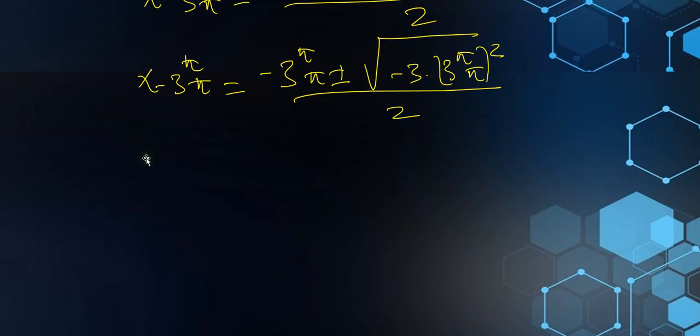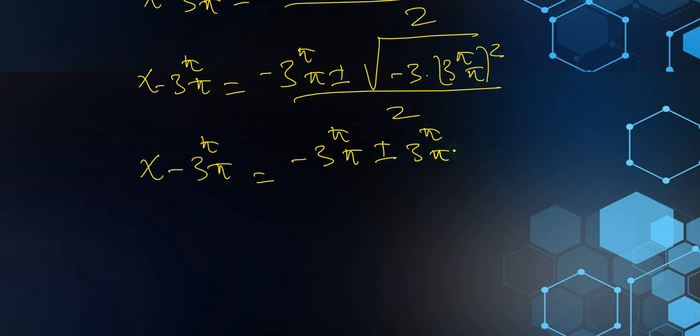And then here we're going to have that x minus 3 to the pi times pi equals minus 3 to the pi times pi plus or minus. This one will come out as 3 to the pi times pi, right? And then the square root of 3i, all divided by 2. And then from here we have that x equals, this one goes to this side here, so